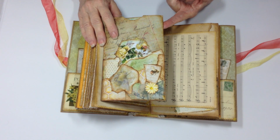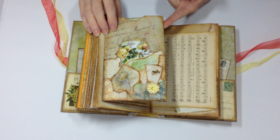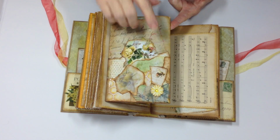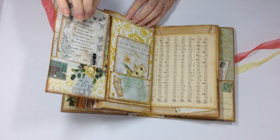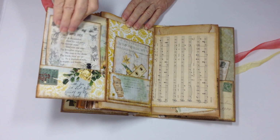And there is the decoupage that both Roxy and Andrea have been doing in their videos, and it's so much fun. I really enjoyed that. There's another one of my daisies, and here's a journaling I made. You open that up and made a pocket there, and there's a journaling card here that is in the kit,